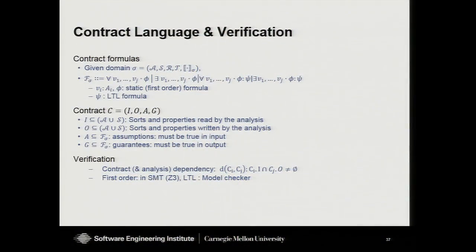What are the interconnections? How the interconnections will change. And with all that, then we can describe formulas that we can verify. And then those formulas are using the contract where we express the input, the output, and the assumptions and guarantees that are actually these formulas that are verified with some verification engines that we have. Right? In particular, we use SMT for first order logic, the static properties, and LTL, linear temporal logic, to verify the runtime properties.